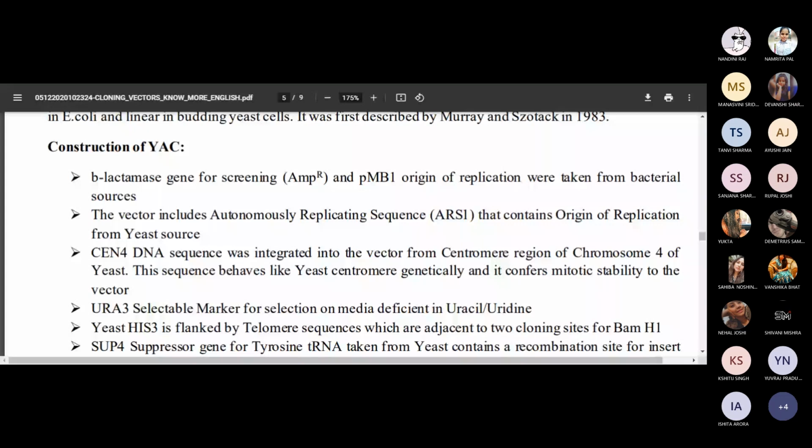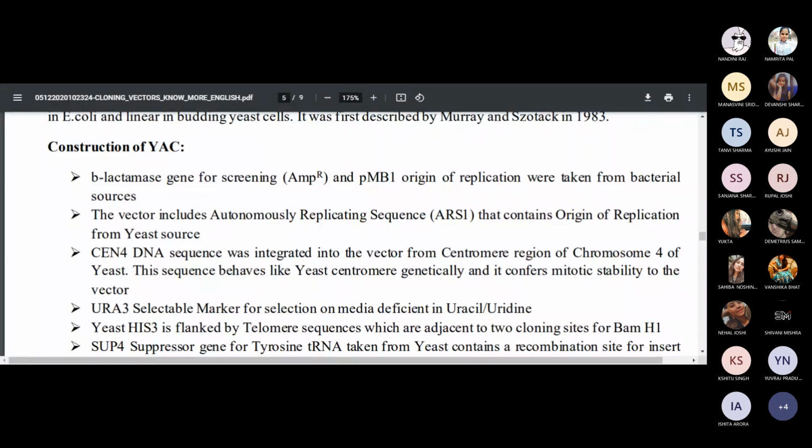So three components we have taken. First, the beta-lactamase and the pMB1 origin of replication, that is for the bacterial one. Whenever this vector is in the bacteria, it should replicate there. And if it is in a eukaryotic system, then it should replicate there also. For that, you need the ARS1 or eukaryotic origin of replication. Then, as I mentioned, when they are in a eukaryote they should migrate toward the poles. They will migrate toward the poles only if they have a centromere, otherwise they won't migrate and won't arrange themselves on the metaphase plate. So this is the property that you need for the eukaryotic system.